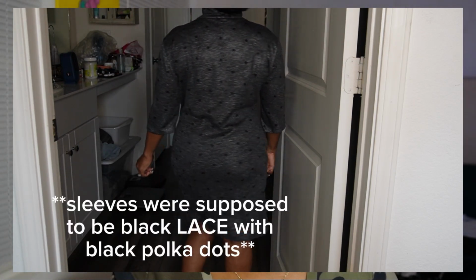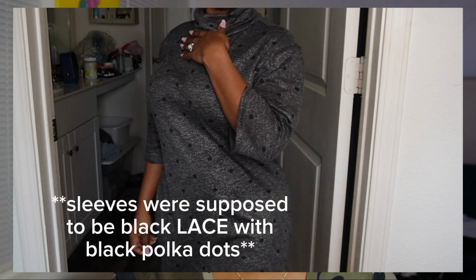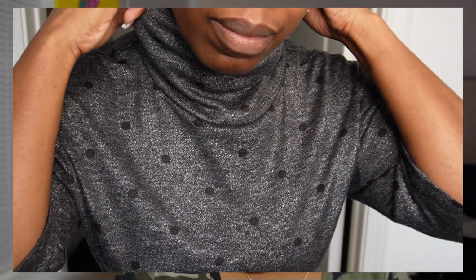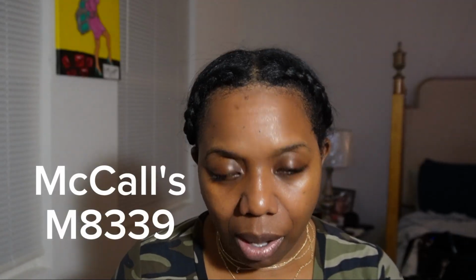I did love this one. This fabric is a Walmart bundle, and it also has some shimmer in it, black dots. It's a charcoal gray. The sleeves were supposed to be black with black polka dots, but I didn't buy the fabric, so it ended up without those sleeves. But moving on, the next dress is McCall's